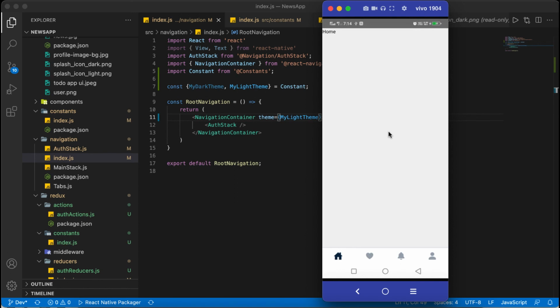In the next video we will do some backend things. If you don't want to build the backend part, you must deploy the backend to the Heroku server that we did in the second video. So in the next video we will start the backend development.